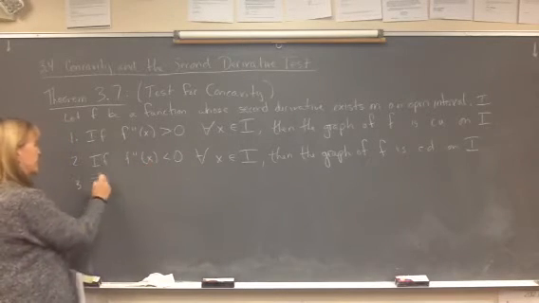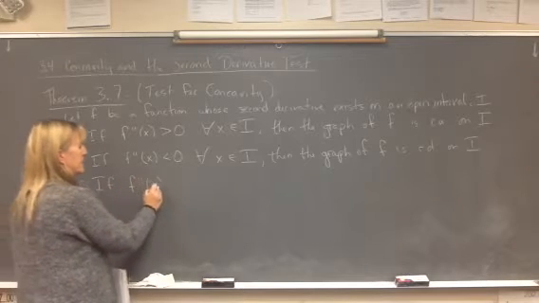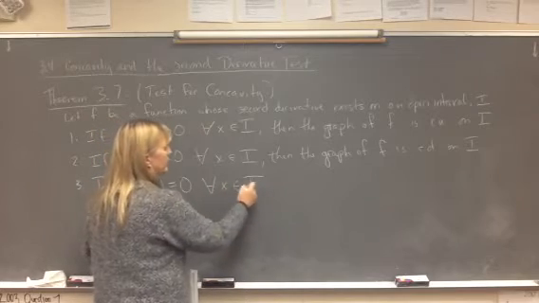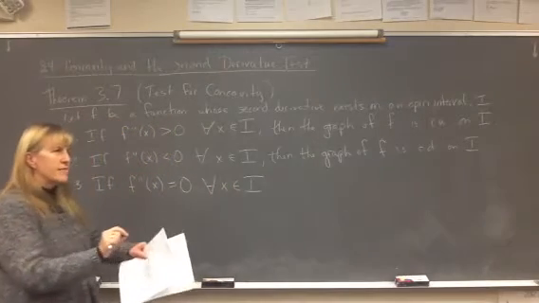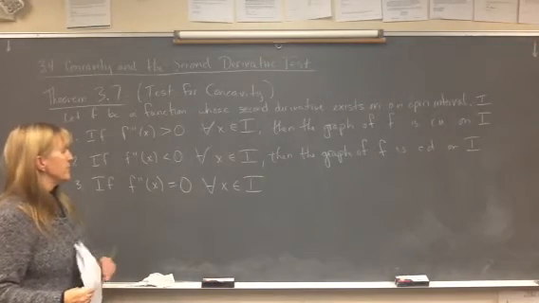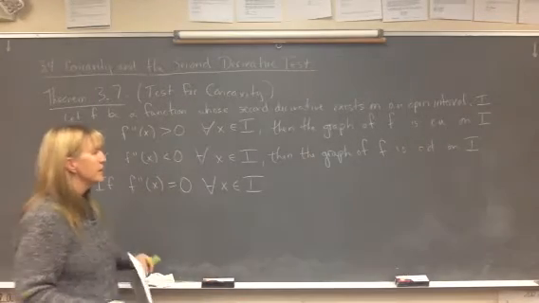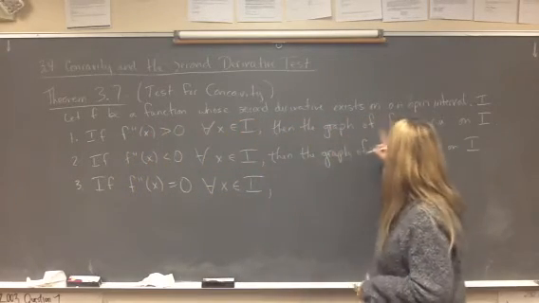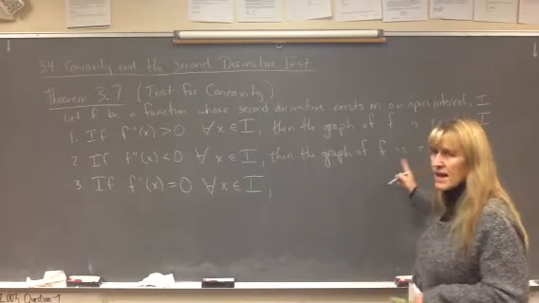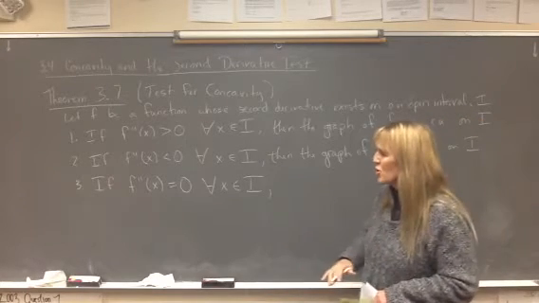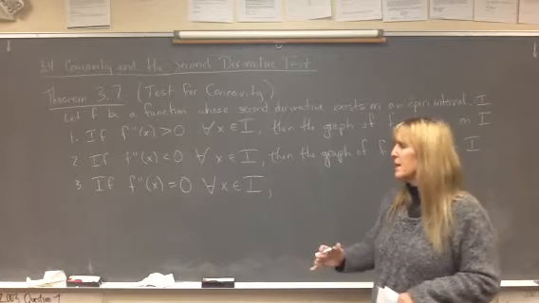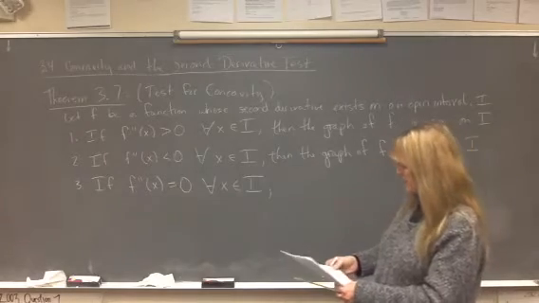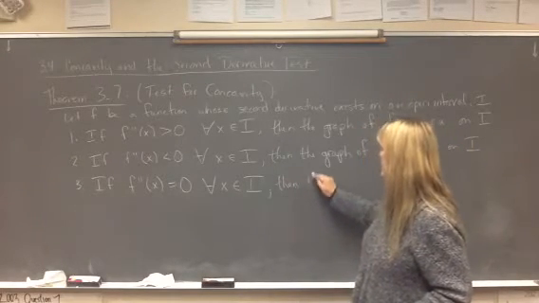And finally, if we told you what was happening when f double prime was greater than 0 and less than 0, I'm sure you want to know what's happening when f double prime of x actually equals 0 for all the x's on some open interval. Not just at one point, but for every single value along an open interval between a and b, or whatever your interval happens to be. Then what do you think the graph of f has? Because I'm thinking that if we're not concave up, or we're not concave down, then there can't be any bend to this curve. So it can't really be a curve, so to speak, if we're not curving up or curving down. So in this particular case, then the graph of f